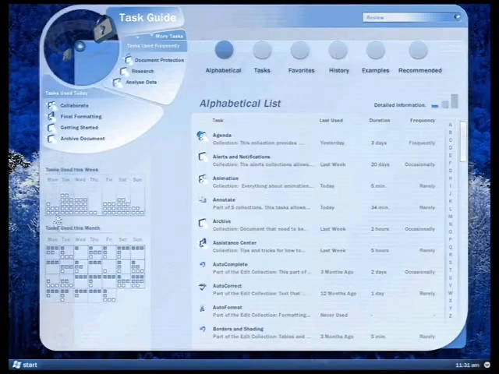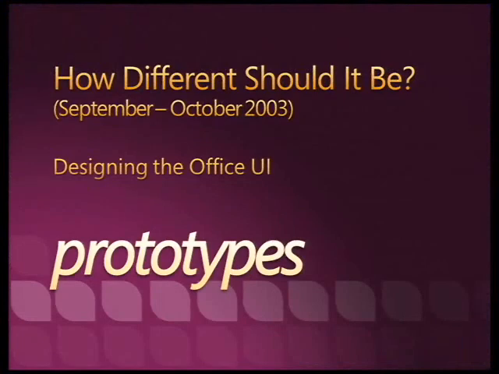And in fact, this is a calendar of all of the days of the week and what features you've used on what days. It's kind of wonky, and I'm not sure that it actually would have been a great direction to go. But this is what conceptual prototypes are all about, trying out random ideas and seeing what seemed good. So in September and October of 2003, there was a lot of